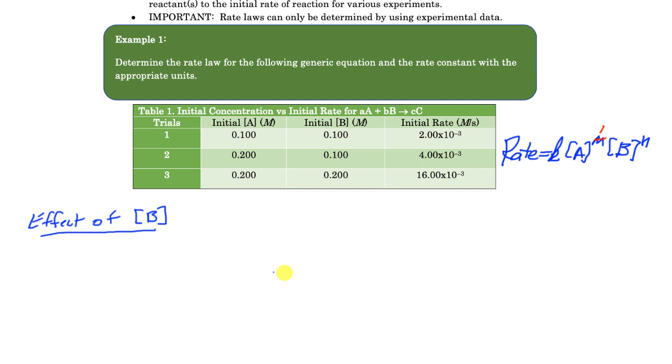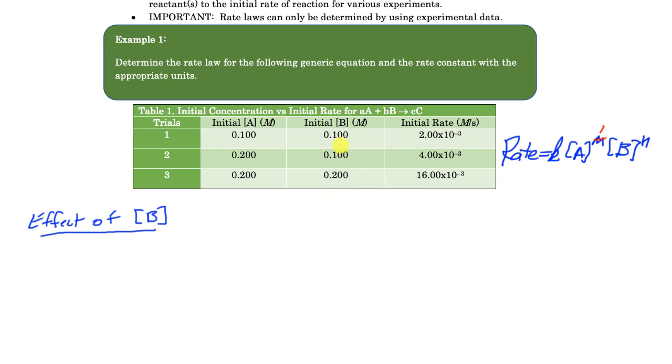Okay, so we're ready to take a look at how B is going to affect the rate. So we go back and we compare our data. Again, I'm using very simple data here to make this easy to deal with in the beginning. But again, the numbers can be a little more confusing and it might not be as straightforward. So just be careful, when in doubt, just fall back to this method